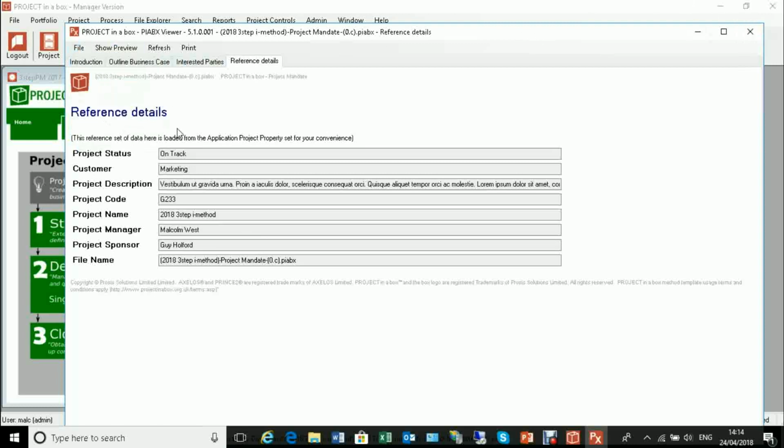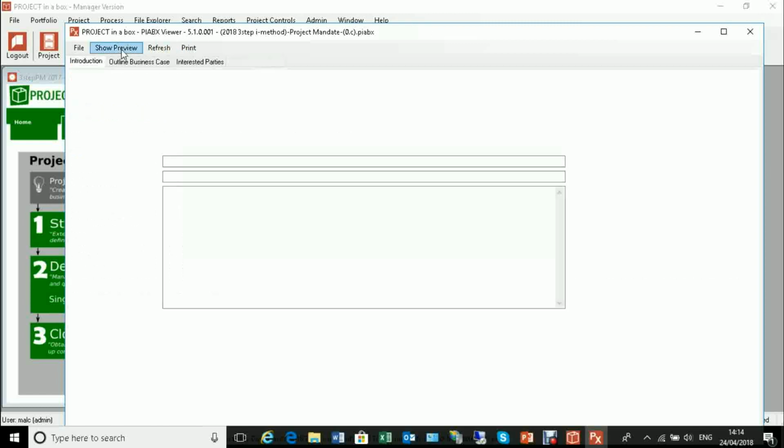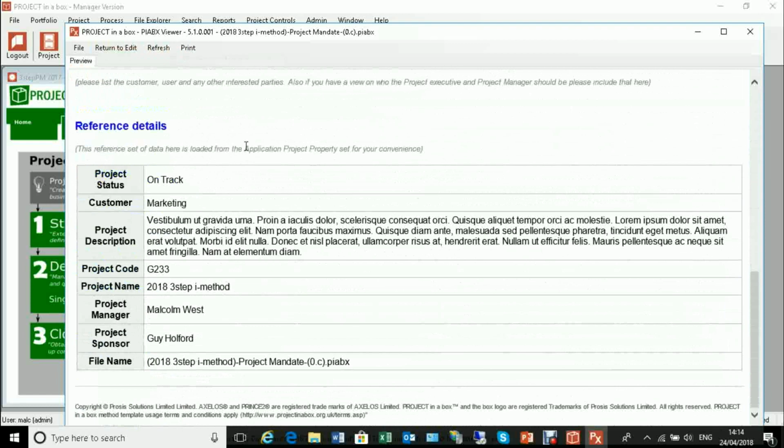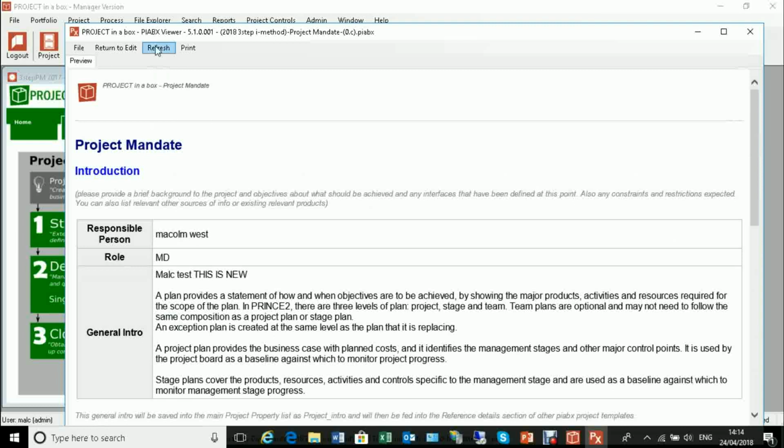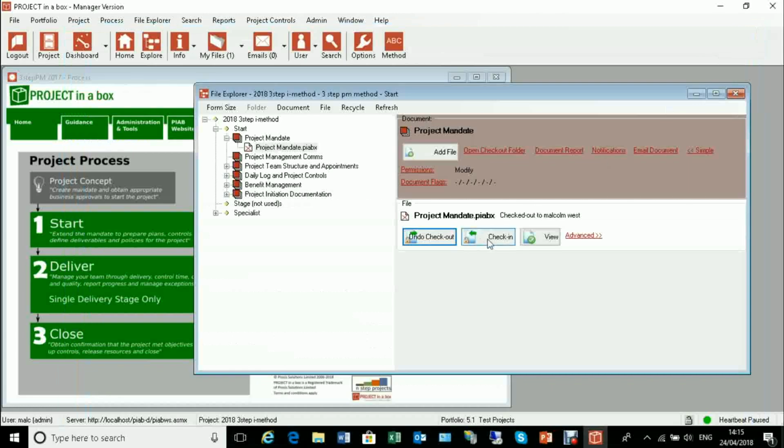So I can file, save, close. Of course, in here I can read it in sort of Word type preview mode if I want to, like we had in the browser. I can use printing from here to print my content out as well. In this case though, I'm just going to check back in,